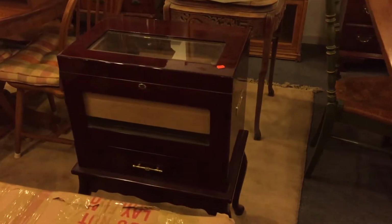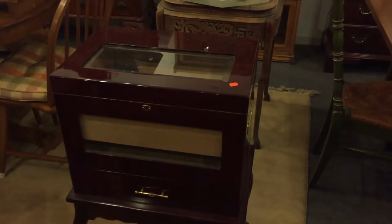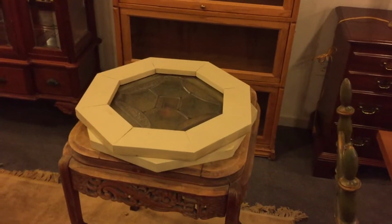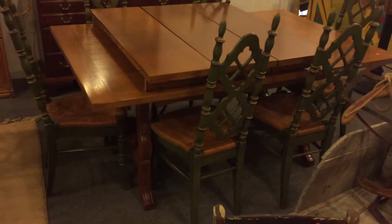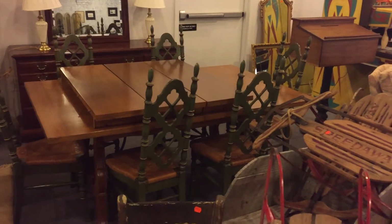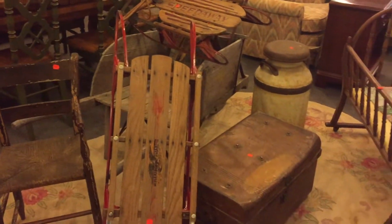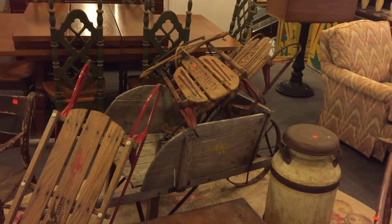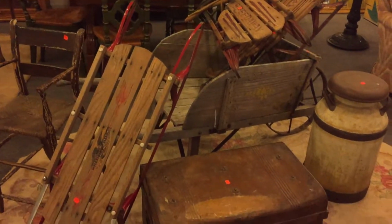Here's a wonderful piece. This is a humidor, ladies and gentlemen. Nice standing humidor. More stained glass. There's a nice three-board banquet table, and here's a bunch of primitives, including 3 sleds. Hopefully we won't need those anymore. Of course, you don't know